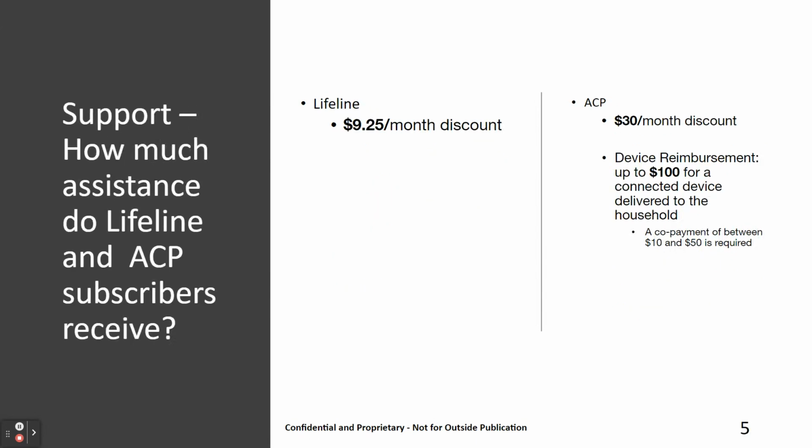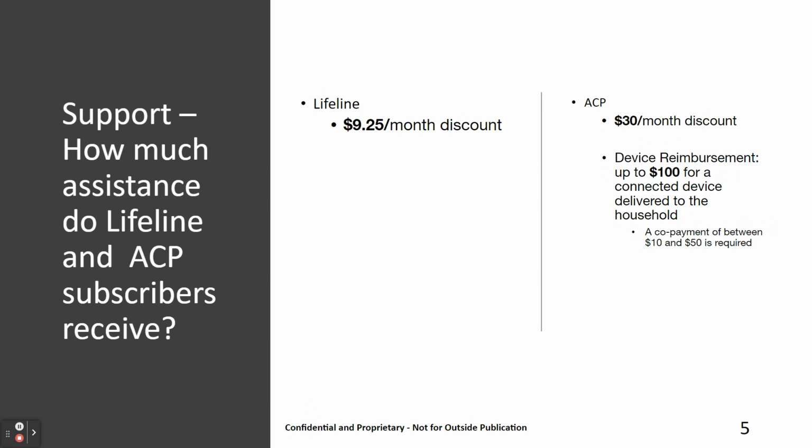Now, although we covered it in the prior slide, I want you to see the benefit information for each program, and then we'll emphasize a few points for you. So, what benefits do subscribers get under Lifeline and the ACP? I want to point out that AMBT does not offer service in states that offer tribal discounts. So what we're talking about today is only for those non-tribal states, non-tribal areas.